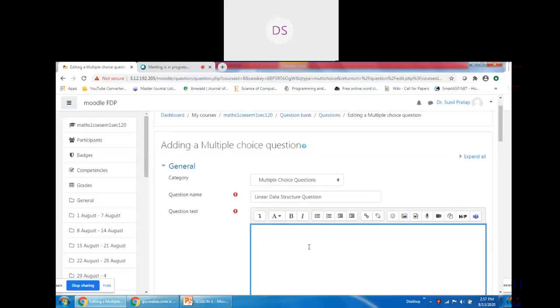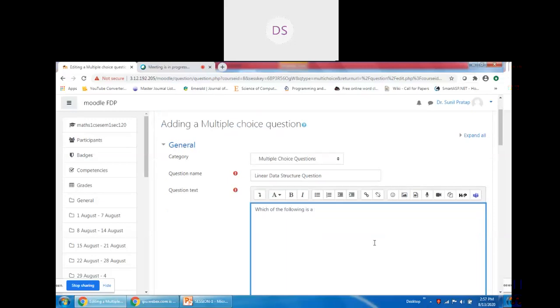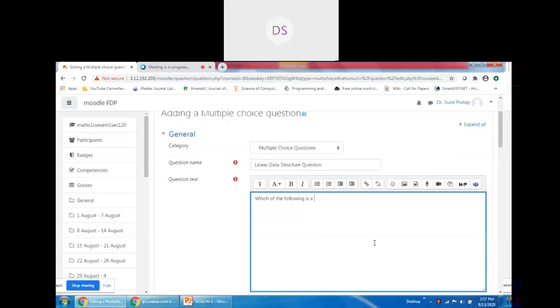My question, which I am typing under this question text window, is: which of the following is a linear data structure?